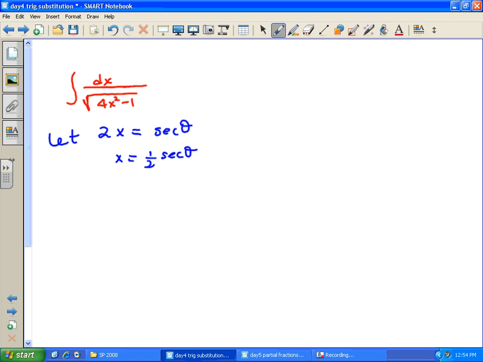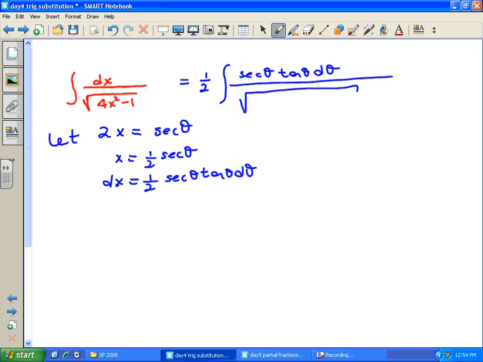And as always, what is it that I need to find next? dx. And by now we're very familiar with the derivative of secant, right? Secant theta tangent theta d theta. So we come back to this integral. We're going to replace all the x's with theta, starting with the dx. I have a 1/2, which I'll factor outside. That's secant theta tangent theta d theta on the top. On the bottom,